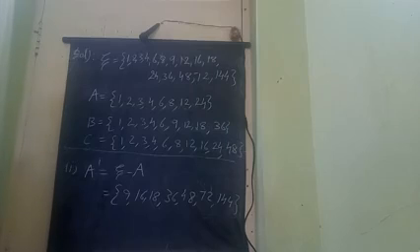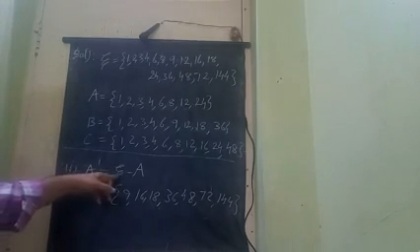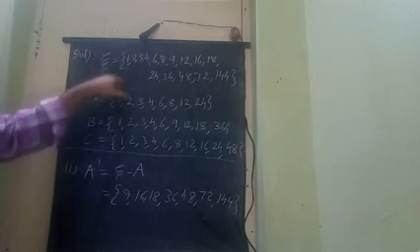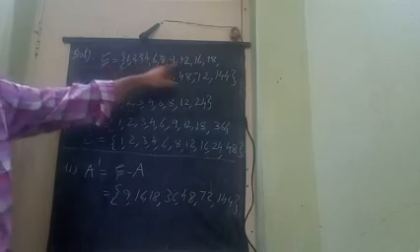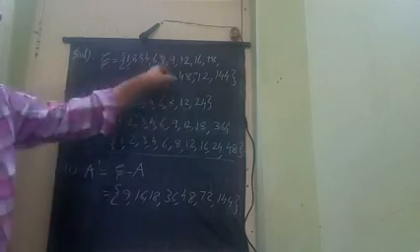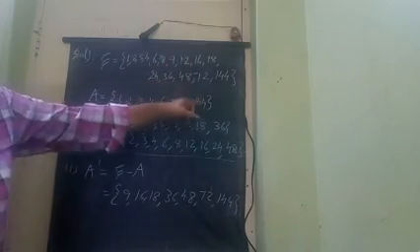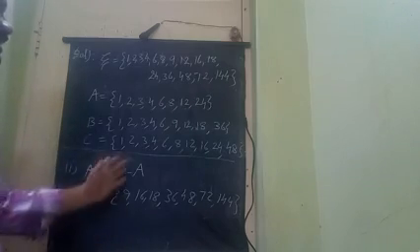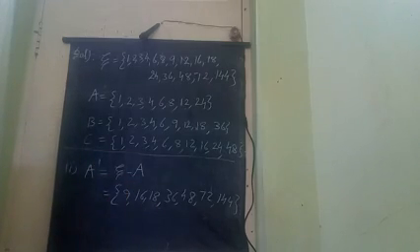Like that we have to find A dash, B dash, C dash. I find that one only, A dash. The A dash answer is universal set minus A. Strike off that universal set in that A dash values. So the A values are struck off: 1, 2, 3, 4, 6, 8, 9 is not there, so 12, and next one is 24, strike off. The answer is that A dash.